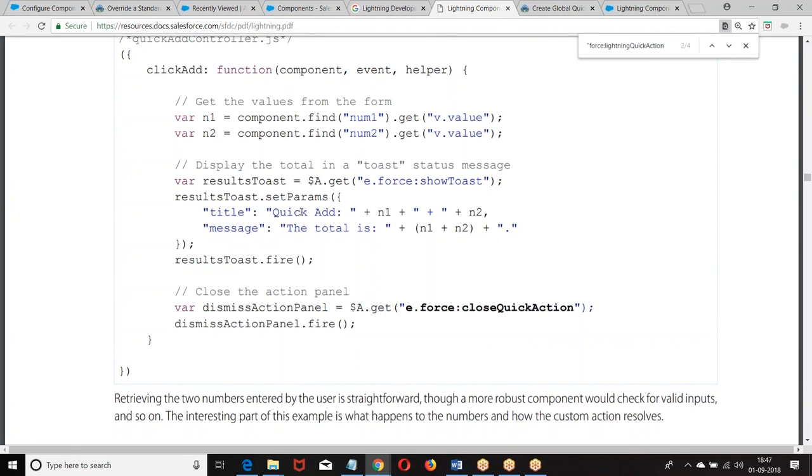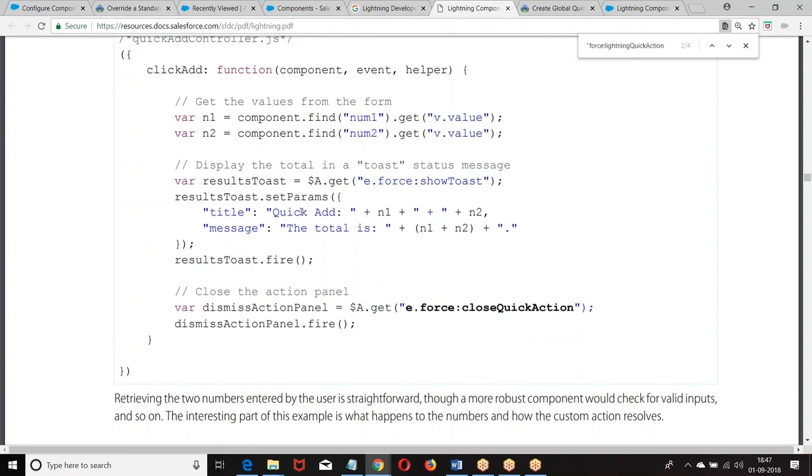If it is a custom namespace, we have used C. Now this is a standard action defined under force. So E dot force colon, what is the name of the event? Show toast. Right. Now if you want to pass any message or parameters, then dot set params, title, message.